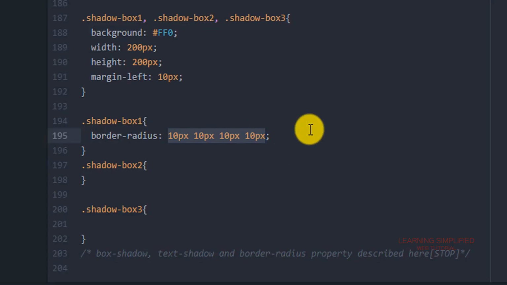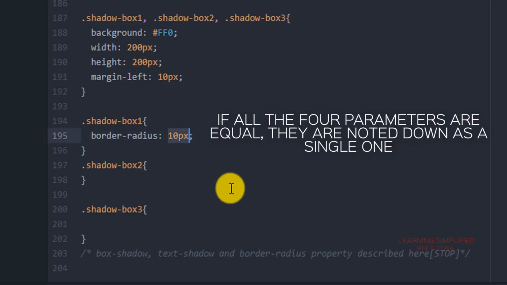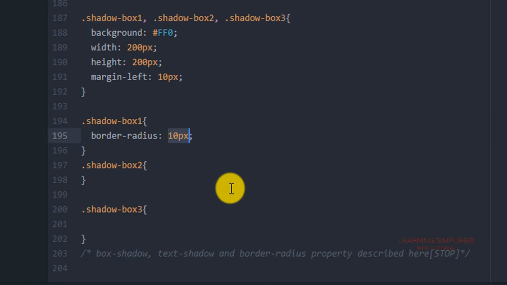Now if we replace all those parameters with this single value, 10 pixels, press Ctrl S, get back to our project and reload, we can see that the value remains the same. There is absolutely no change in it. So we can conclude that if all these 4 values are the same, then they can be summed up into a single one, and all of them will follow the same value as depicted over here.